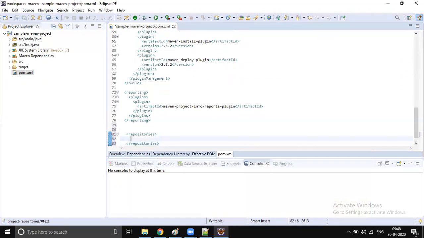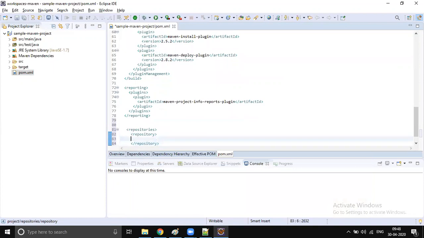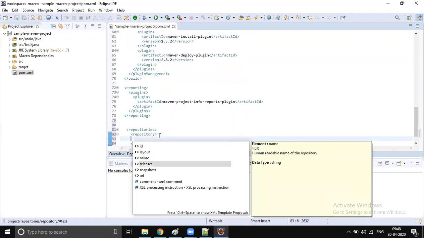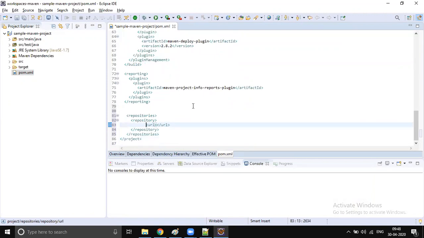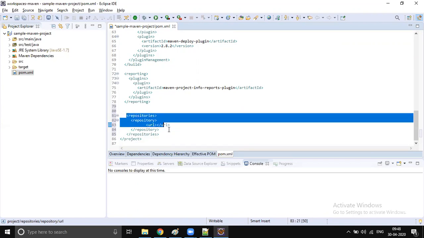Yeah, inside this, you can configure repositories. Here you can specify the URL of your remote repository, and if it expects a username and password, you can provide that there. But by default it uses your machine's Windows single sign-on mechanism, so it won't ask for any authentication. So you just provide the URL of your remote repository. Then Maven will connect to that remote repository and download the dependencies from it. This is one place where we can configure it.